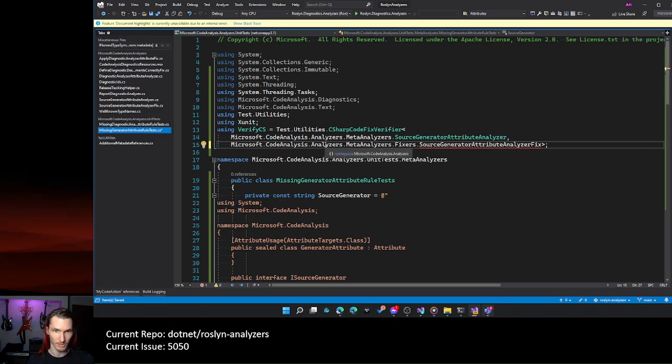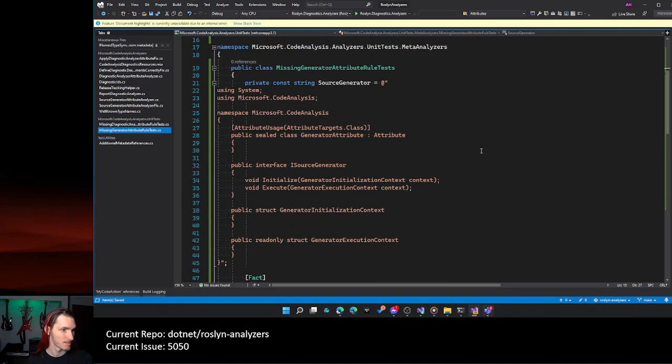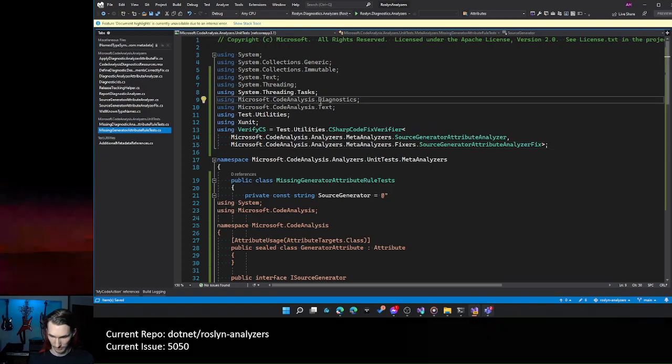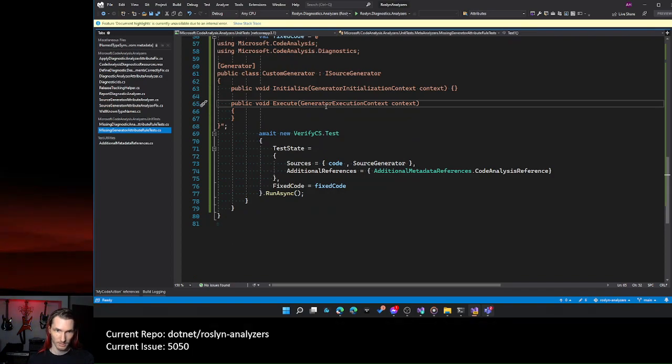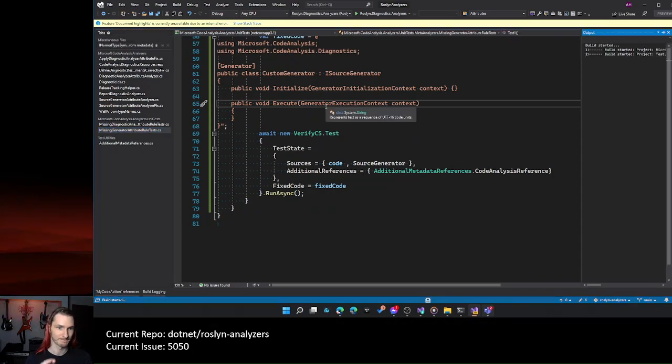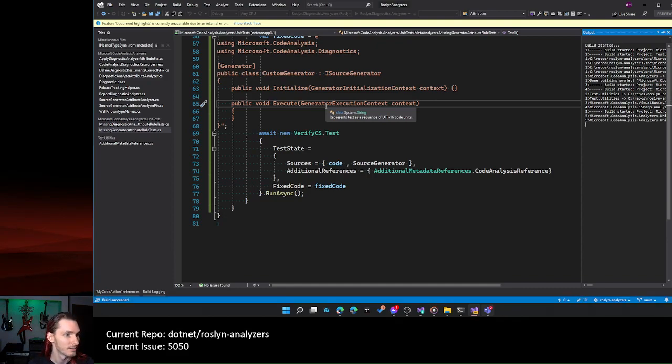Oh, it's not C# specific. There we go. We don't need half of this stuff. Let's get rid of that. Big money. Is this going to work on the first try? I think